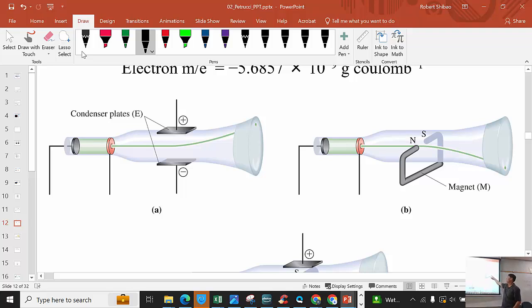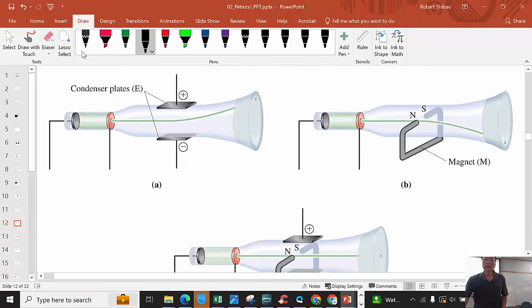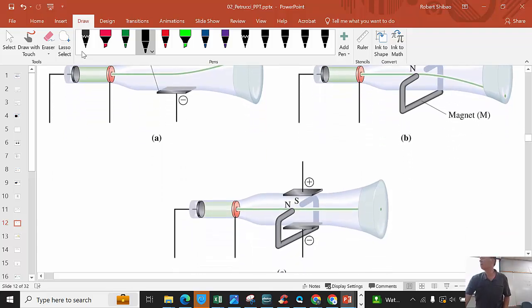It'll deflect it. Negatively charged particles get deflected down like this. Positively charged particles would get deflected up here. And so, deflection. Now, based on the deflection here, you can ignore this one, because here what they're doing is canceling out the electric field with the magnetic field. And so it's just going straight